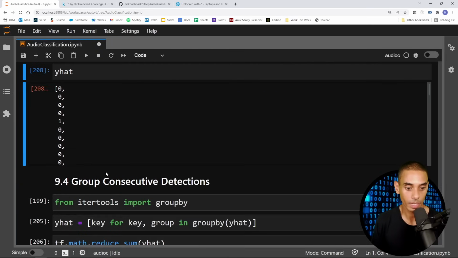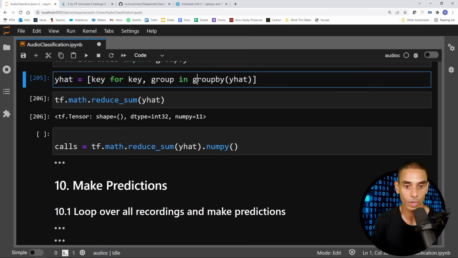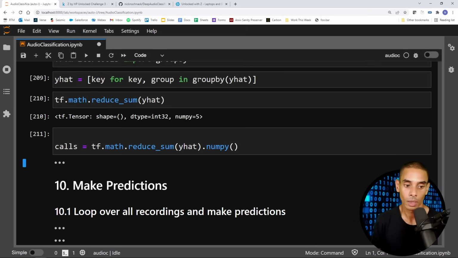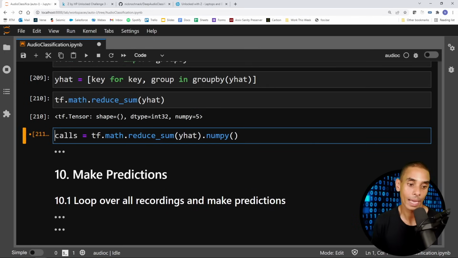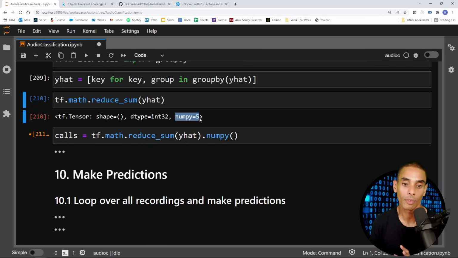Again, enable scrolling for this. If we take a look at those final results now, looping through them, we've now got those 5 detections. So it looks like we're performing a lot better in that particular case. And that is effectively what we were aiming for, right? We were aiming to get the number of calls